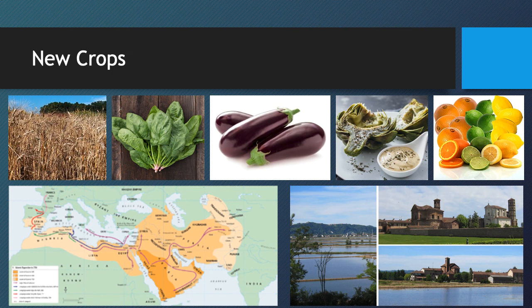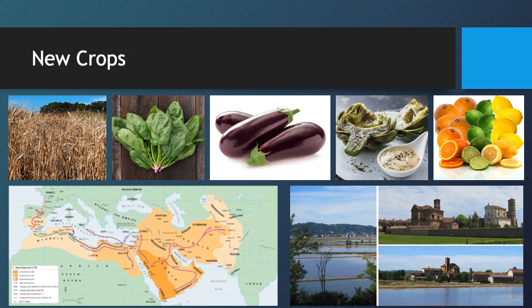We also see the introduction of new crops, right? So it isn't just about more food, it's also the quality of food and the quality of your diet. So between 1000 and 1300, you're going to see more meat and dairy products, fish, vegetables, and others added into the European diet. Some of these are going to be thanks to the spread of Islam and the development of